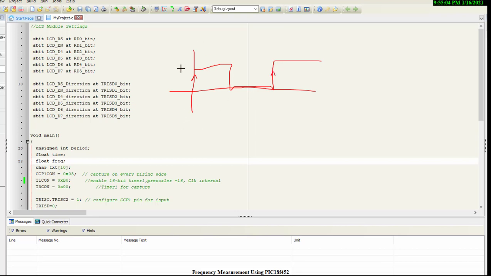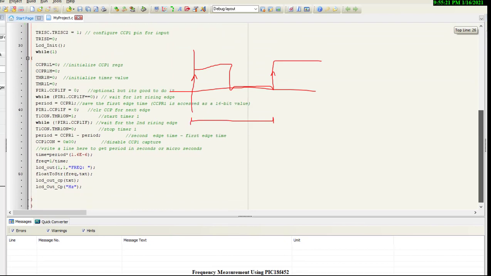So the timer is shut off. When the first rising edge occurs, I will start the timer, and the timer will begin counting from this step to this step, and we will finally convert the counts into the actual time period. By using this time period, we can calculate the frequency and display the result on the LCD.